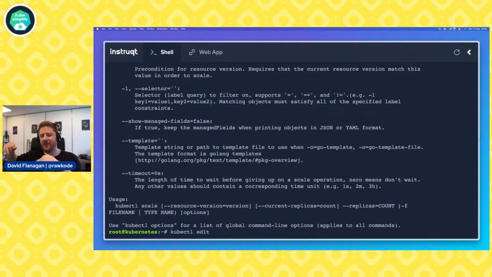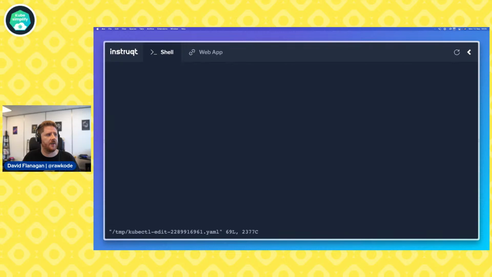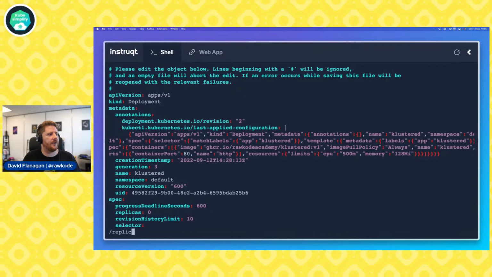So I make modifications to YAML, I push them to Git, the cluster gets eventually consistent, and I'm happy. When I'm doing interactive work, I do prefer to work with the YAML too. So for right now, we're going to say edit deployment clustered. If we search for replicas, you'll see this line here on line 20, that is actually set to 0. So we can replace that 0 with a 1 and save.